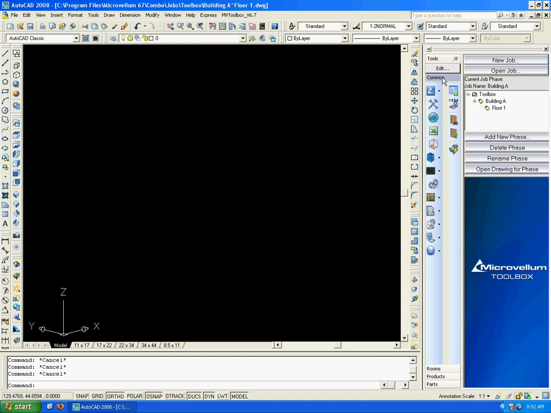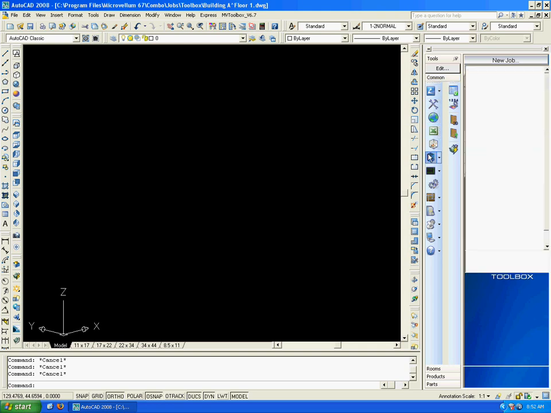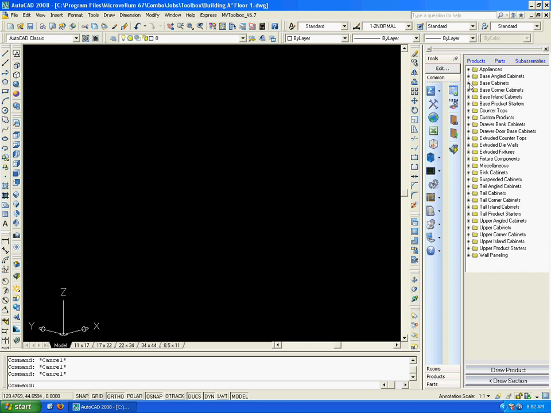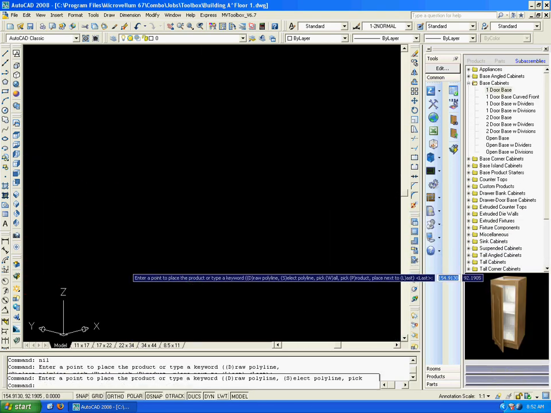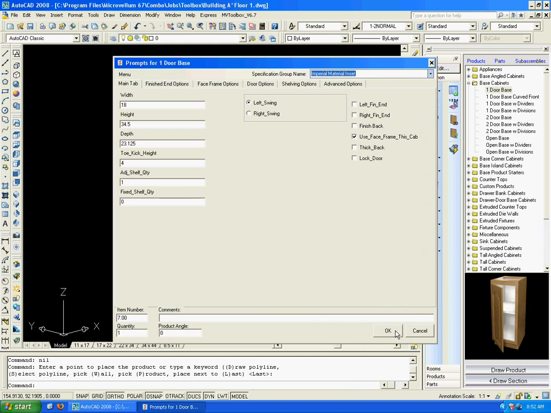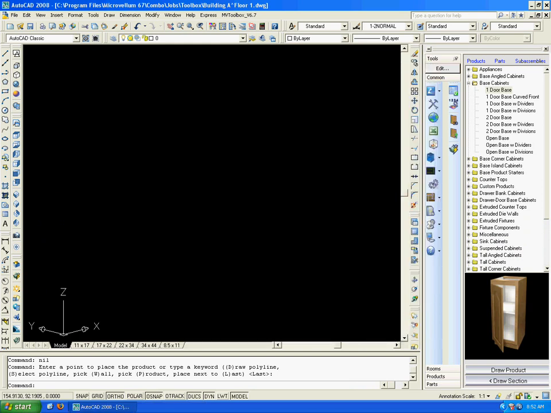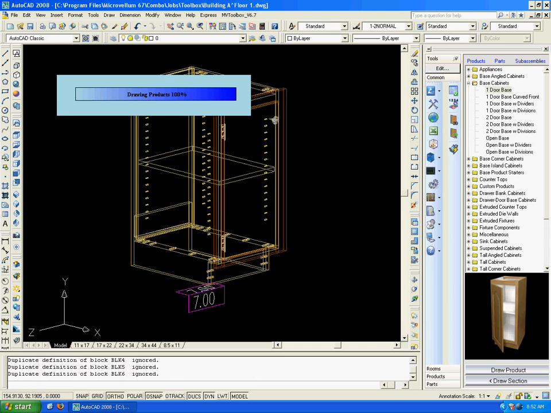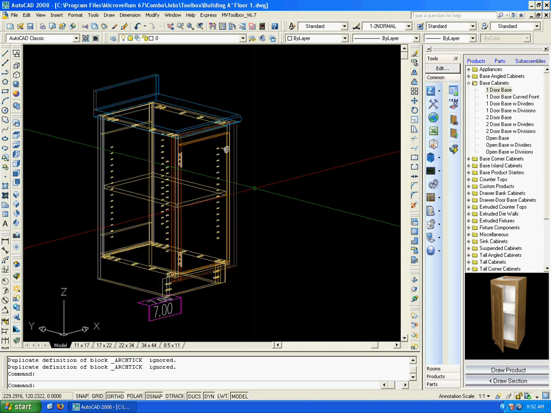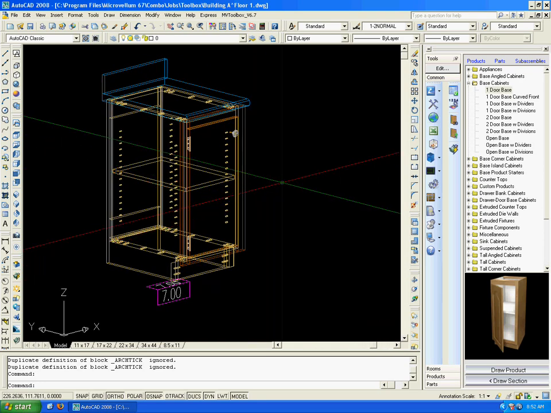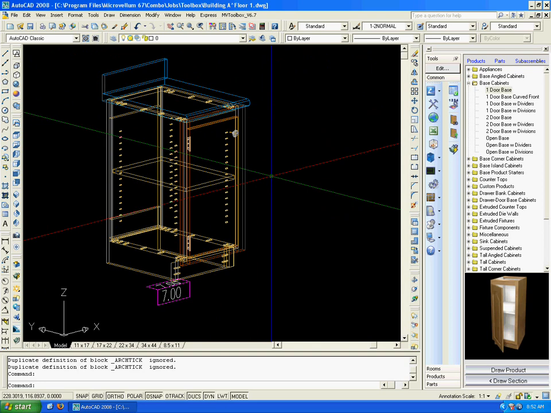So inside our common category, let's access our product library, and I'm just going to go ahead and draw a one-door base. I'm going to accept the defaults. And I'm going to zoom out just a hair. And now what we need to do is export this to our spreadsheet so that we can